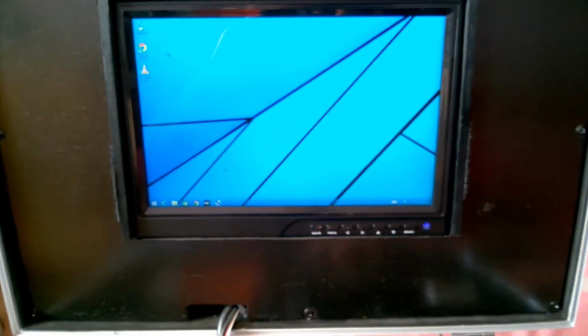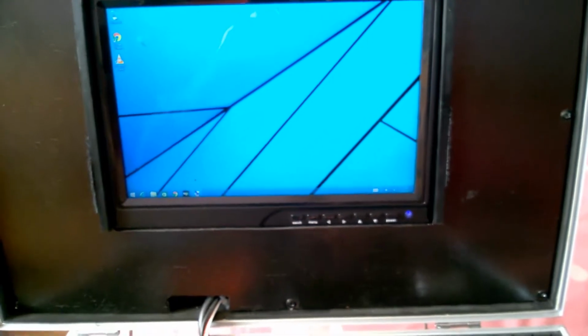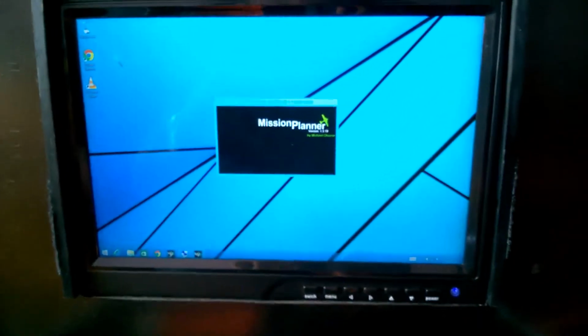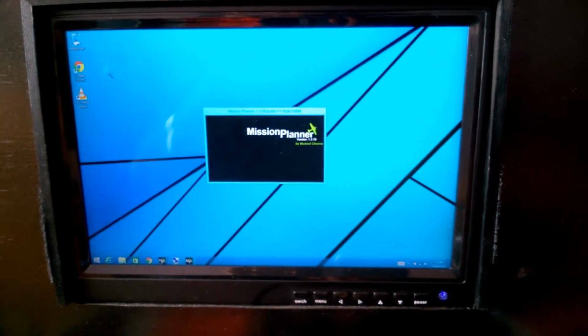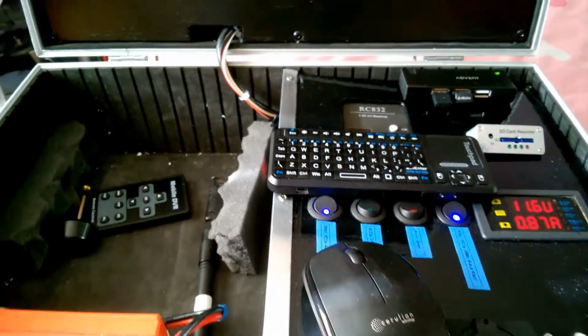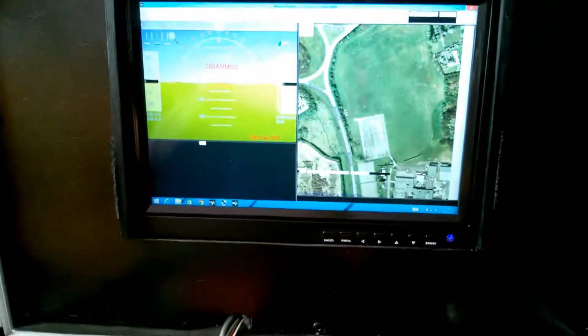Okay, so here's where we actually set up a mission using Mission Planner. So it'll boot up now. As you can see, I'm loading the Mission Planner software up on the ground station, which I've got set up here. You can set a mission up wherever you want to, really. I'm setting this up at home,